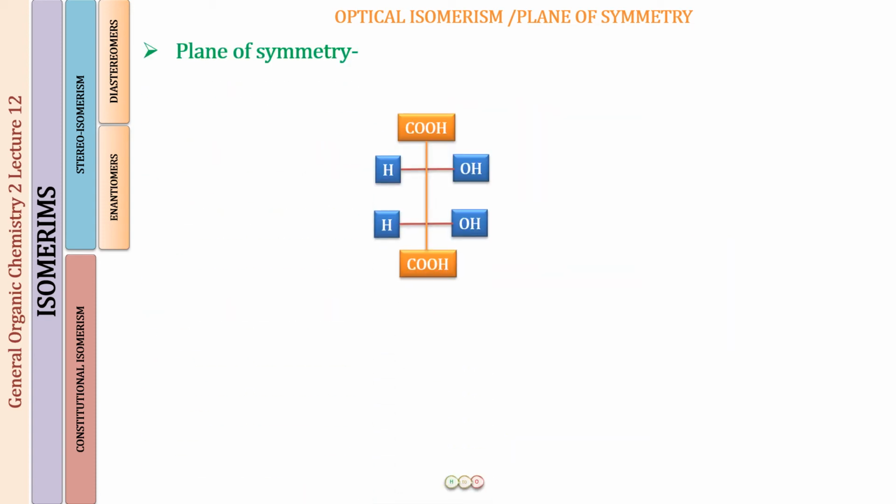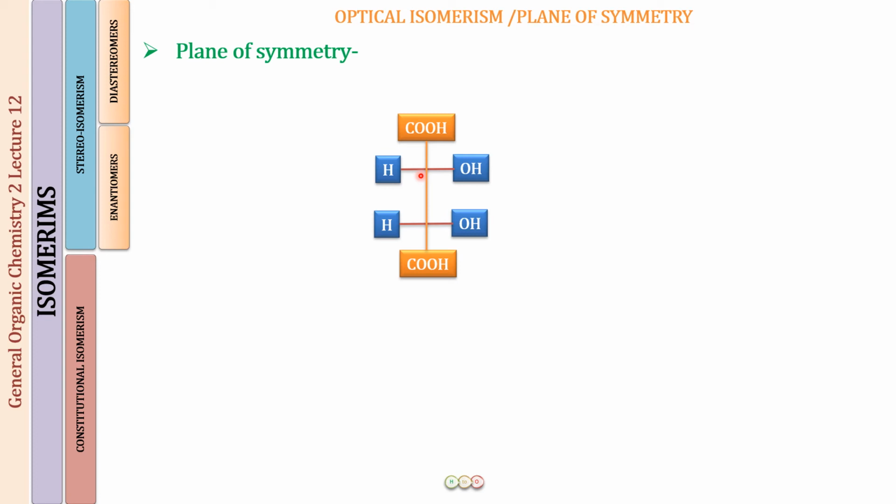Now the next molecule that we discussed is the most interesting one. This is the molecule that you have seen at the start of the lecture. You saw this molecule when we concluded lecture number 10, where we were learning about the asymmetric carbon, or the chirality center. So this is the Fischer projection for the tartaric acid molecule, a molecule without which the study of optical isomerism is not going to be complete.